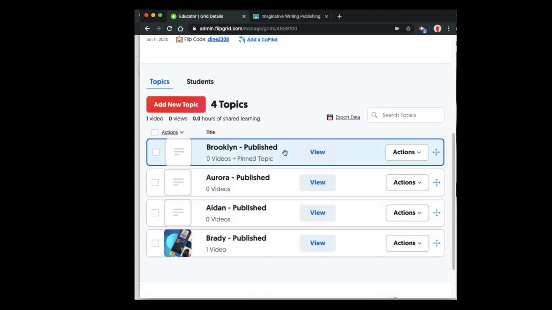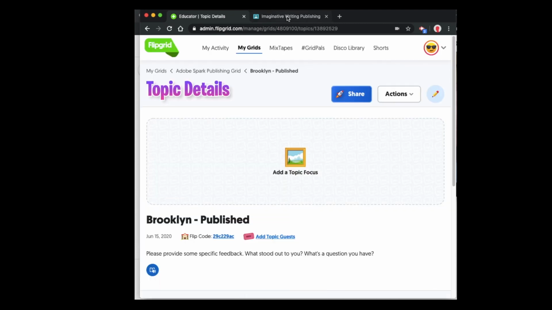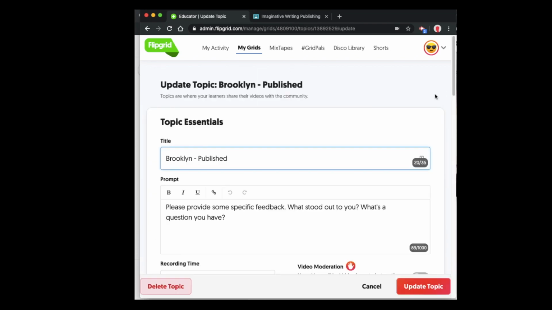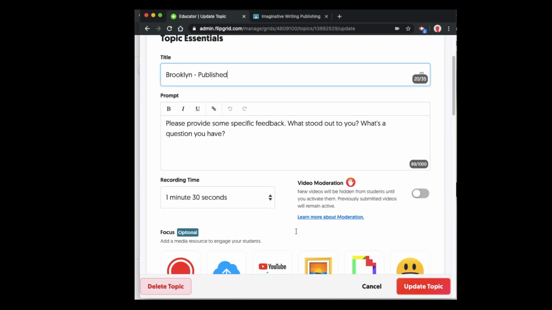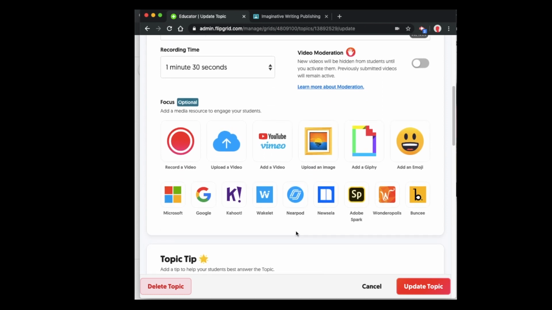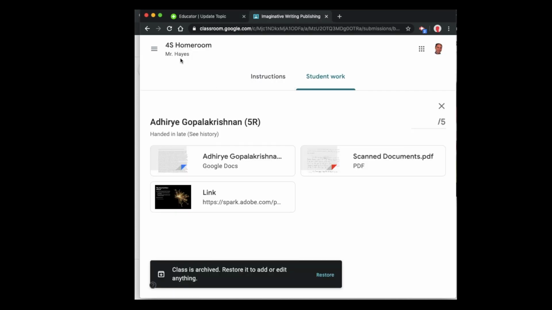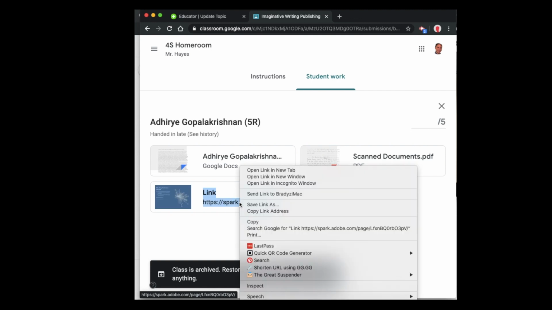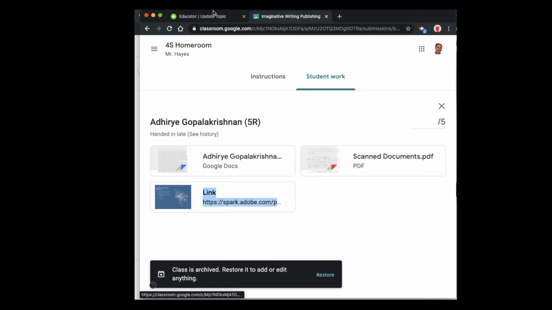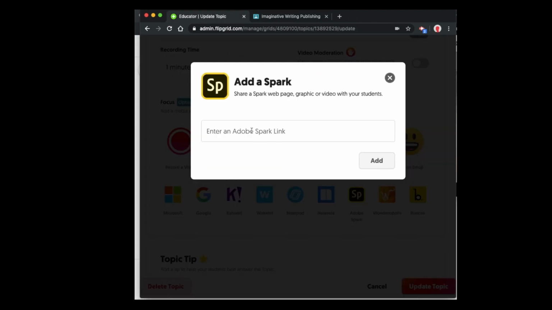You may remember that both Spark Video and Spark Page allow you to publish a live link which updates as the student makes changes. You'll want to ask your students to publish the URL address of their Spark even before they're finished. That way you can grab the address and you can paste it back into Flipgrid. In this example, I've asked them to use Google Classroom. So I copy the address and then I go back and I add the Spark link into the topic for